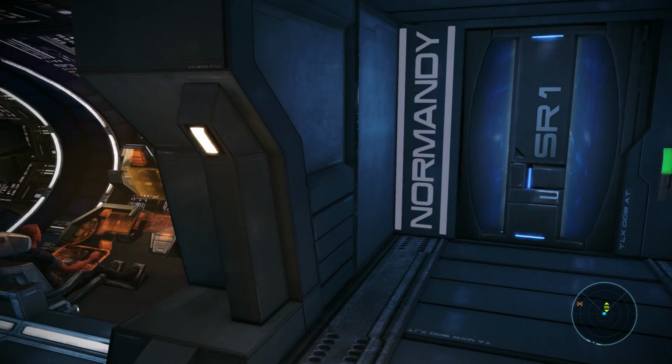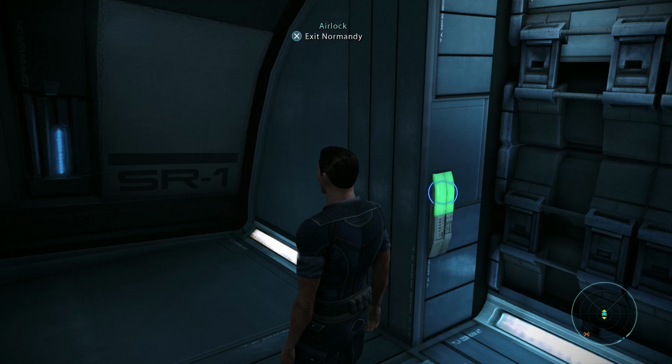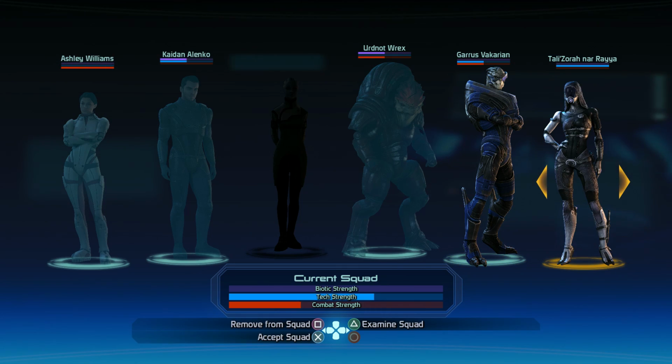Alright, now this is how you exit the Normandy. Really close by to Joker, if that helps you find the exit. Now, of course, we're going to go with Tali and Garrus. Once again, we did just acquire Rex, so